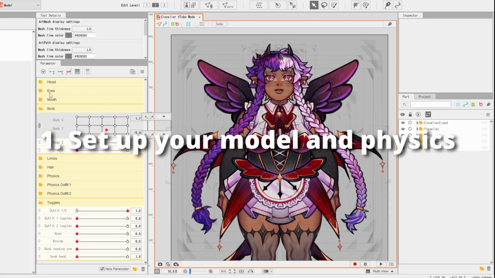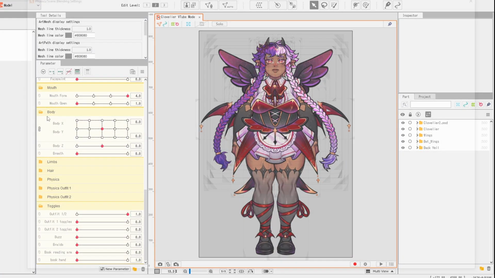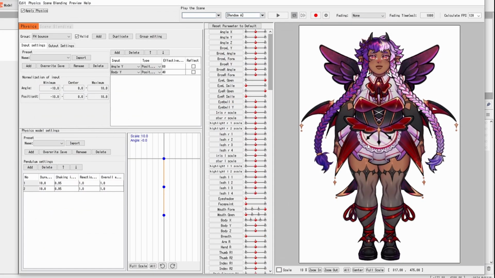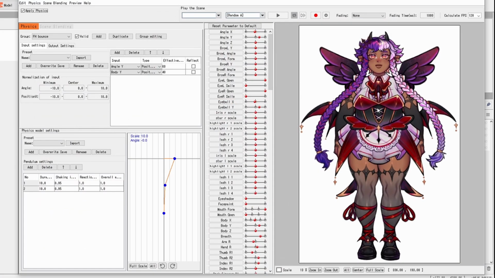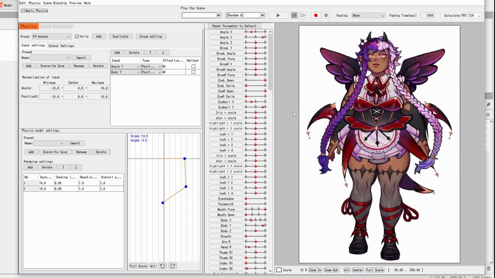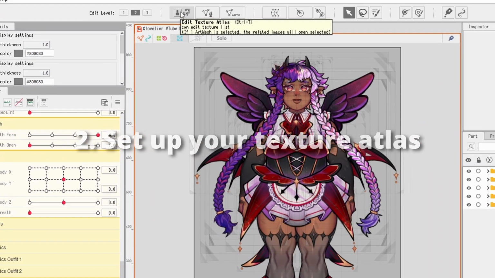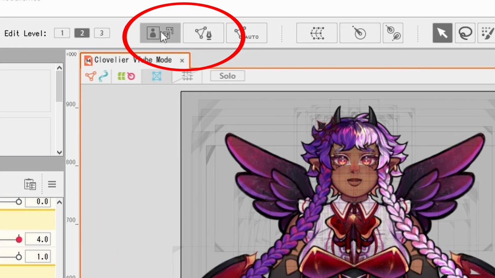First, you're going to want to make sure that the physics of your model is to your liking. If not, you should adjust it before we go ahead and export the model. As long as the ratio between the physics is to your liking, then you can change the strength later in VTube Studio. Next, you're going to want to open your texture atlas, which is right next to the art mesh